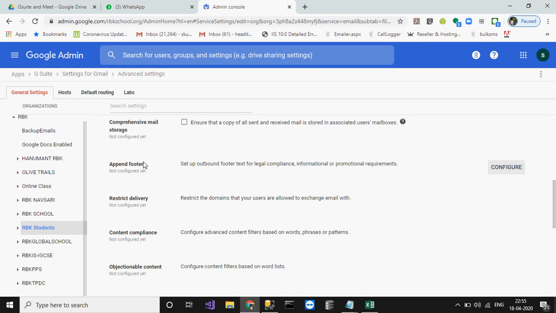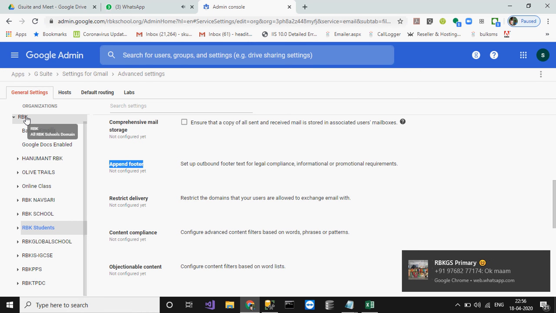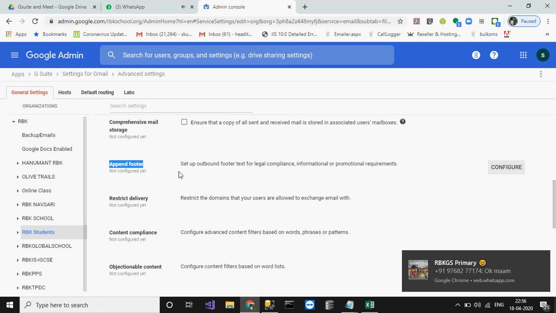One thing here, append footer. With append footer, you can plug your standard branding signature into each and every email. So you can define your branding signature on top of the OU, and all email IDs that send and receive emails will automatically get the signature footer.